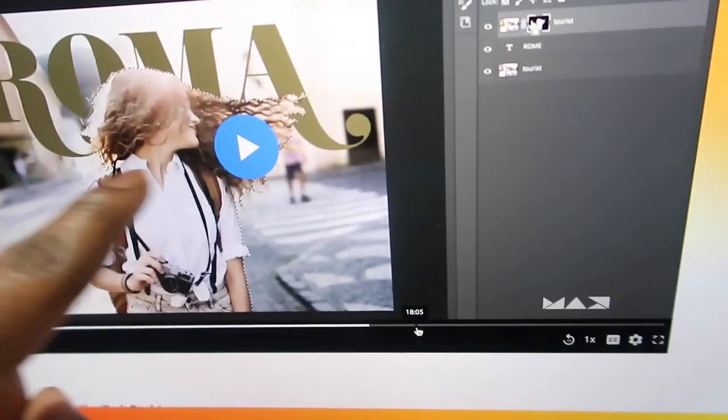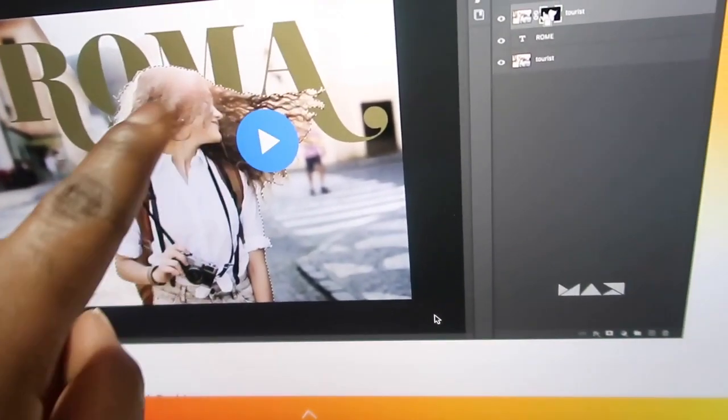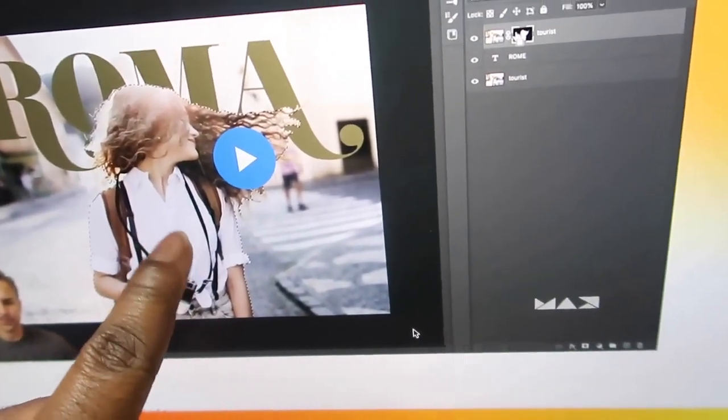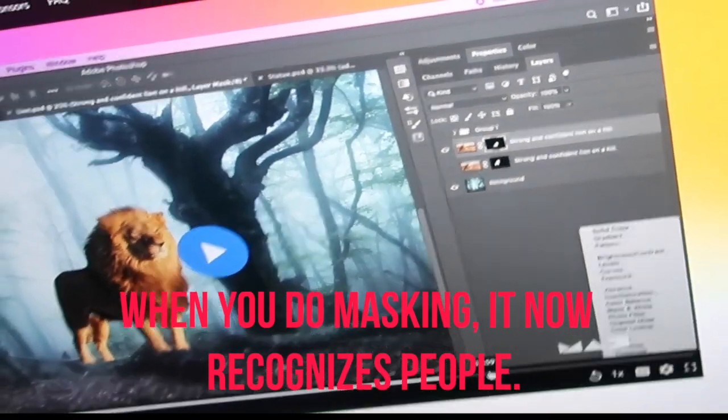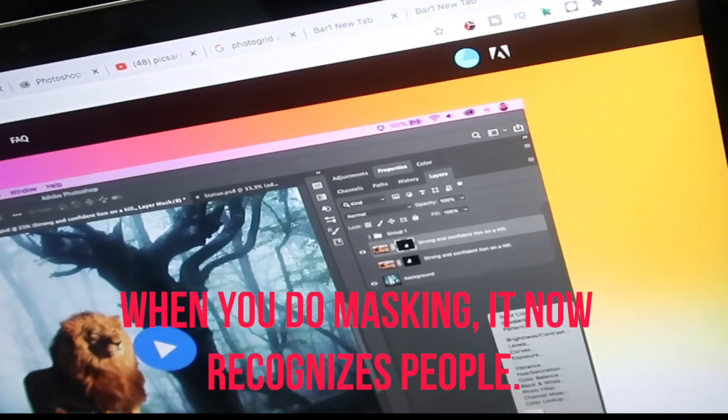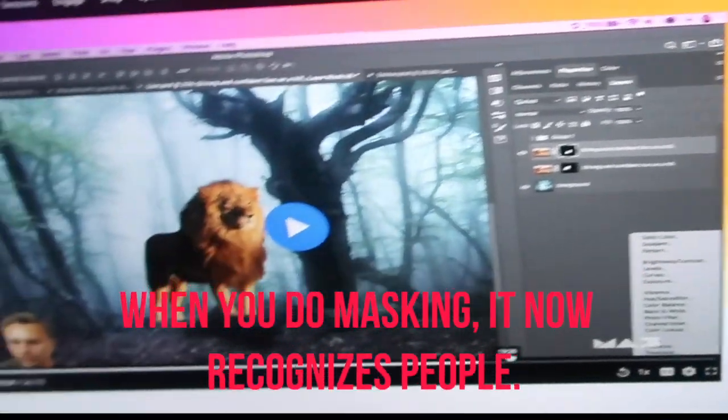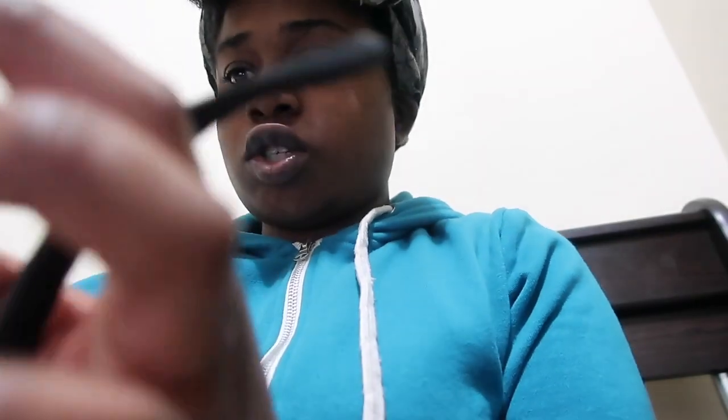Now he's saying too that what is it called, this right here, it recognizes, now when you cut out, it recognizes people. So I got it. Also in Photoshop,